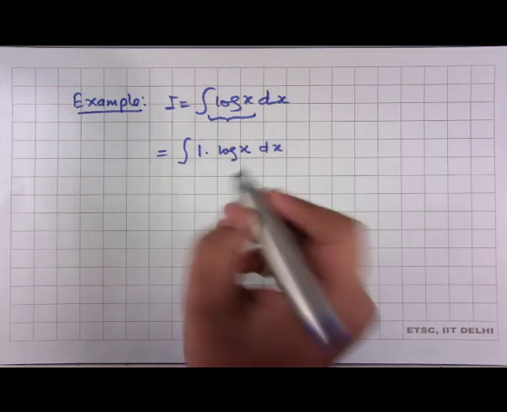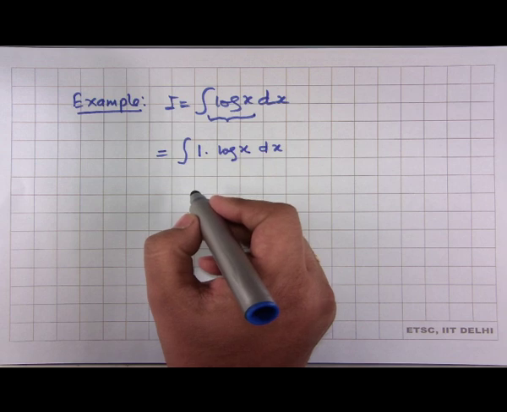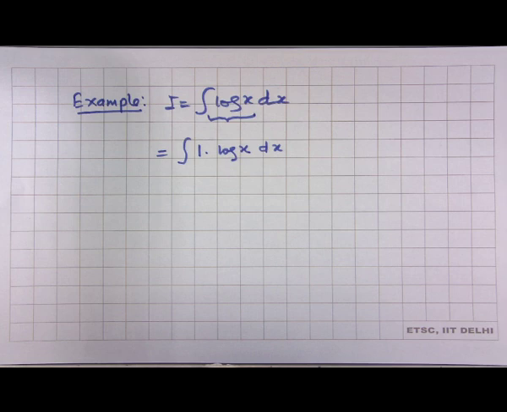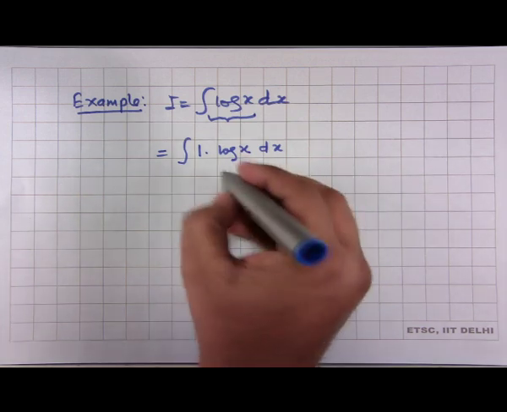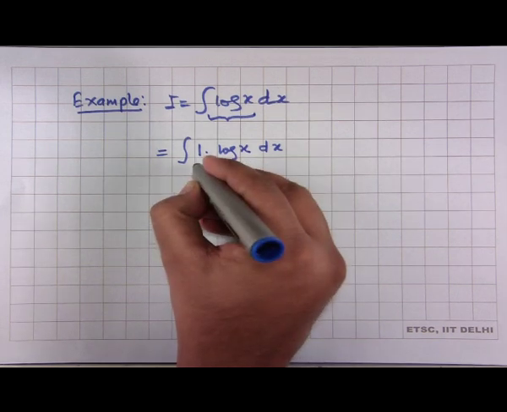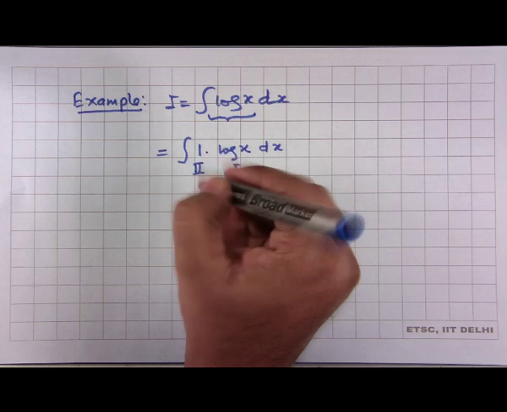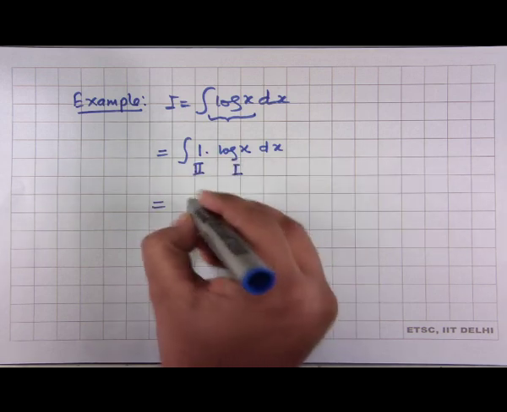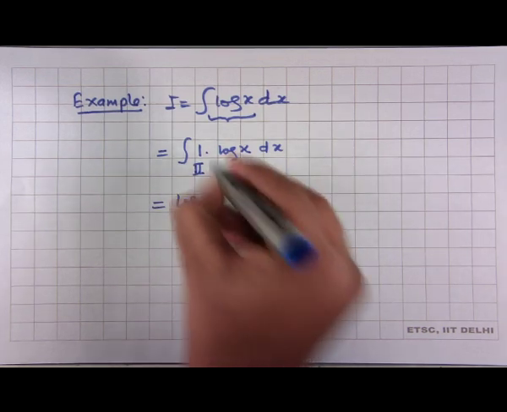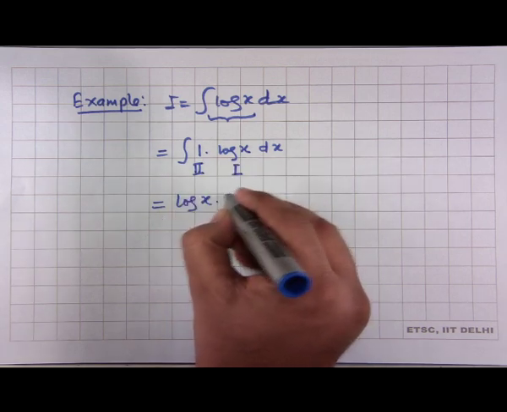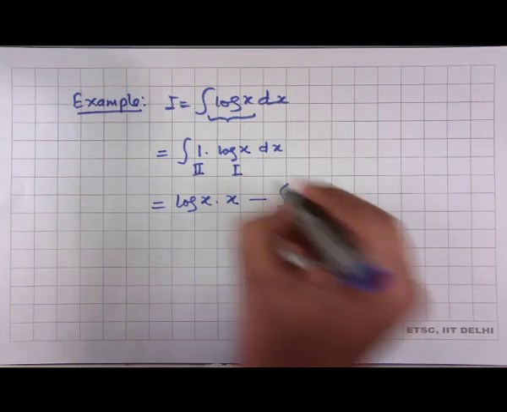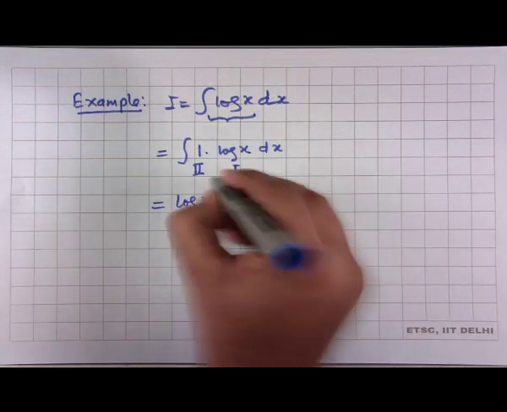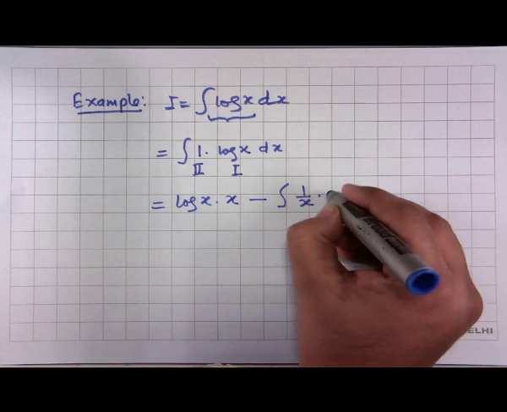dx. 1 multiplied by a function makes it the same function, and then we apply the ordering method, that is, which function should be selected as the first function and which as the second function. Here, since logarithm is present, I should consider it as the first function, and this algebraic function, 1, is a constant function, therefore it should be considered as the second function. If I do integration by parts, it will give me log x times the integration of 1, which I can write directly, x, minus the integration of the differentiation of log x, which is 1 by x, again times the integration of 1, which gives me x